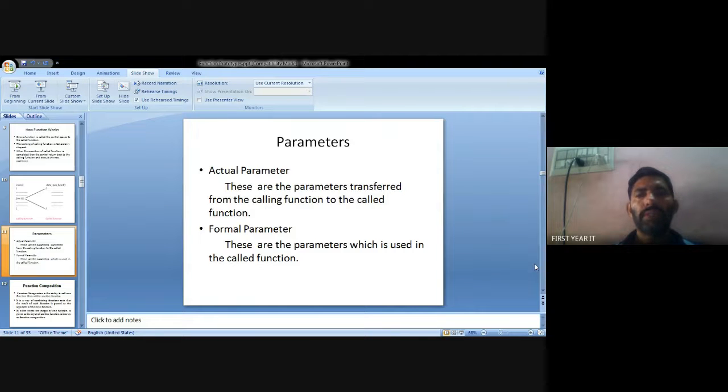In the function declaration, two kinds of parameters we can access. A parameter means arguments: the actual parameter and the formal parameter.